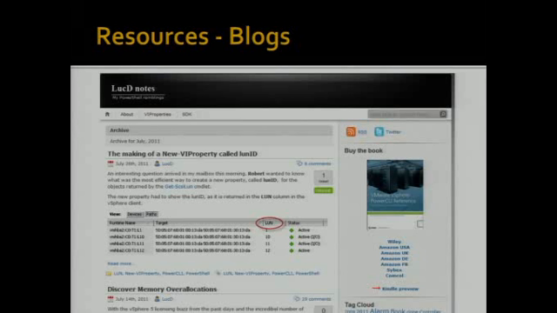So those are your books. If you're looking for a blog, again, I'm going back to my two main men right here. LucD's Notes. This is where he posts his high-level stuff. You want to find that killer script, this is where you're going to find it. Recently, he released one for doing your memory allocation for vRAM licensing.